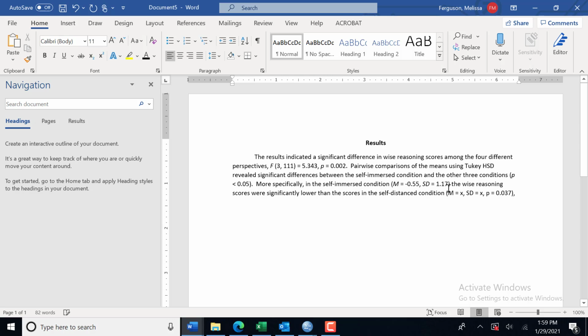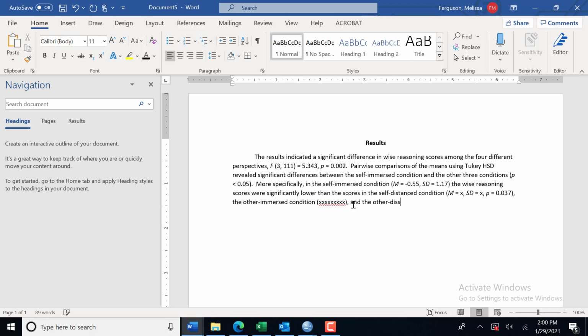So see how I have this all in parentheses? I have this italicized. Again, remember in the X's, you're going to go to that table and you're going to find those values. And then we also have, wasn't just the self-distance, right? We had all three conditions. The other immersed, again, I'm not going to do any of that here. You're going to put all that same information in. Your mean for the other immersed condition, the SD for the other immersed condition, and the p-value for the other immersed condition,